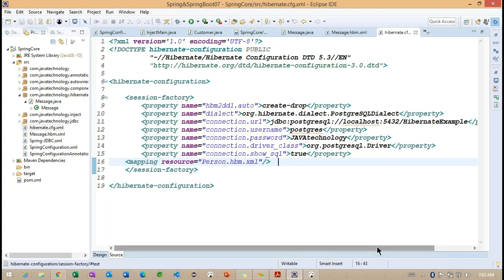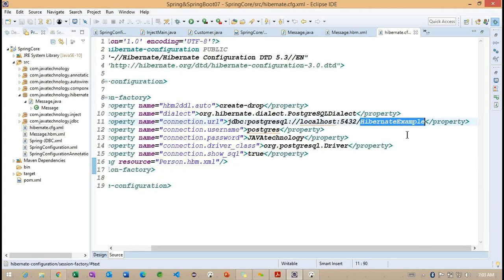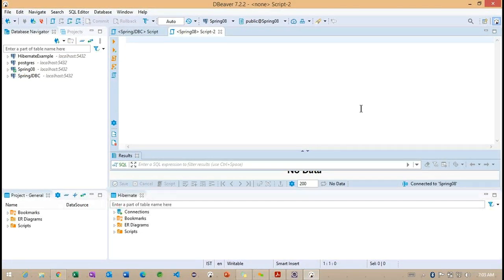Now, I don't want to use this particular Hibernate example, which we copied previously. I want to change it. To change it, first we need to create a database for Hibernate. Yesterday we tried to work on this database creation, but we got an exception and were unable to fix it. But I found the resolution.